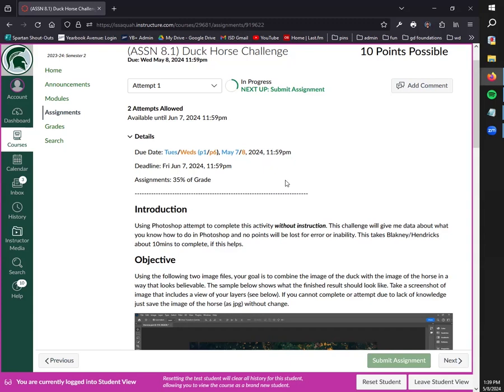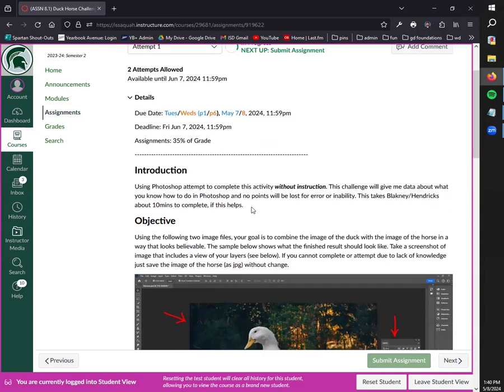Okay. So the duck horse challenge. You guys are gonna use Photoshop to attempt this activity without my instruction at the beginning. This is our pretest because it's a challenge that gives me data about what you know how to do in Photoshop, and no points will be lost for error or inability to complete. If you turn in the same two pictures, it's worth the same amount of points as if you turn in a fully completed project. Okay, so again, because this is a pretest, you get points for attempting. Later in the Photoshop units, though, I will be more curious about your